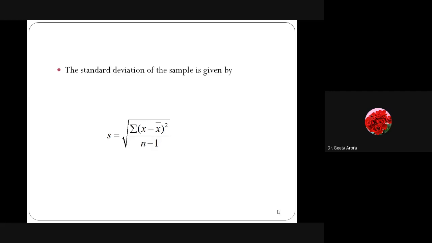But here in the t-test, we must know how to calculate the standard deviation, which is obviously the basic of stats, that we must know to calculate the mean and standard deviation, because here we need to calculate it. So I request all of you, if you know how to calculate the standard deviation, that is fine, because we are going to use it in the examples of t-test, as we will be provided with the data also. Till now we have been provided with the statistical values, the mean and standard deviation for one sample, and for the other sample, and we are doing the comparison, either for one mean or two means. But here we have to calculate first and then work with it.